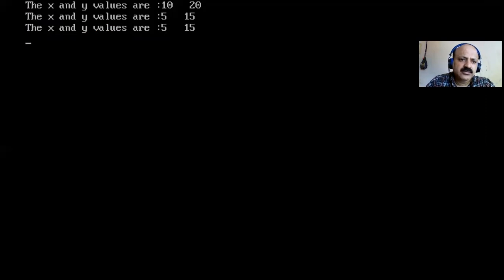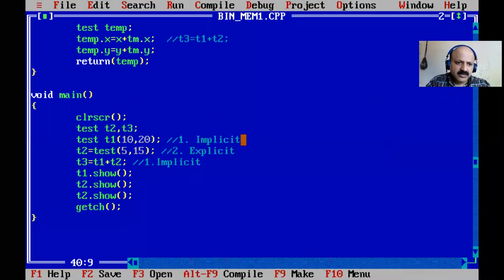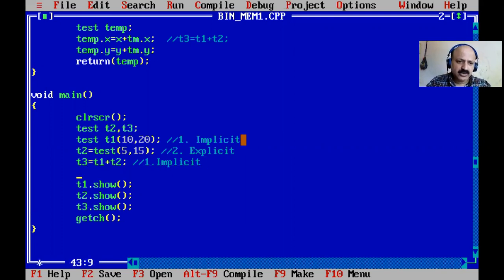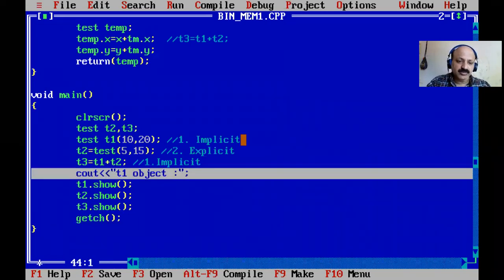So here the vertical sum x of our t1 and t2 x, that sum we have to show. And first we can print t3 here. So what we can give here is a message so we can identify the member. So here we can write the t1 object, so we can identify that the print is the t1 object member.